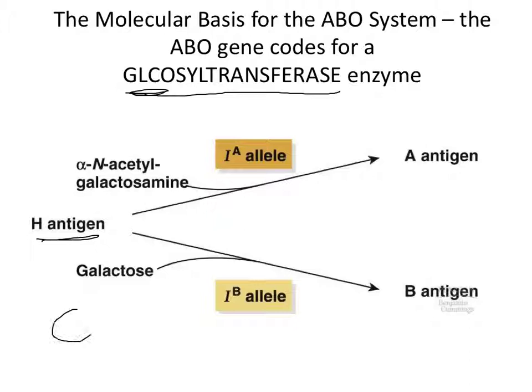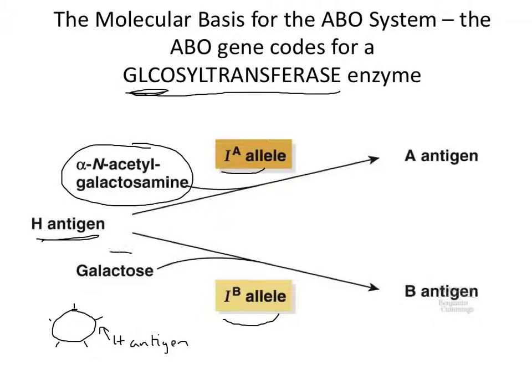So we would have the surface of the red blood cell, and then we would just have these little antigens poking out, and they are the H antigen. Okay. The glycosyl transferase enzyme encoded by the I gene can come in two possible forms. The form that is the result of expressing the IA allele, or the form that is the result of expressing the IB allele. If you're expressing the IA allele, then you make a form that is capable of transferring this sugar, okay? These are both sugars,